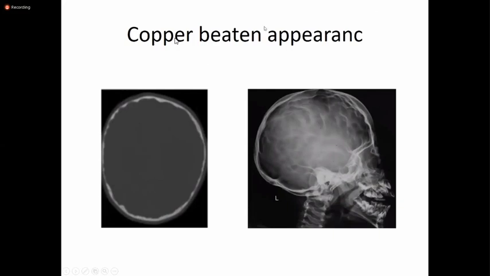So this was, I was talking about copper beaten appearance. If you see the CT scan, on the normal CT scan, the inner table of the bone is very smooth, whereas in this scan, you can see the indentation. This is because of the raised intracranial pressure, which is causing indentation of the inner table of the bone. This is known as copper beaten appearance. So copper beaten appearance, just to explain it to you,